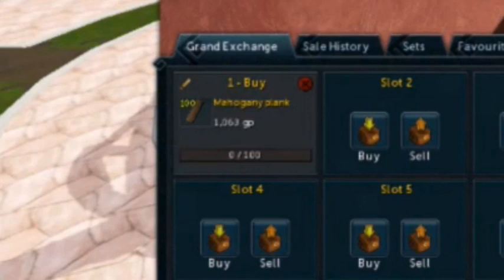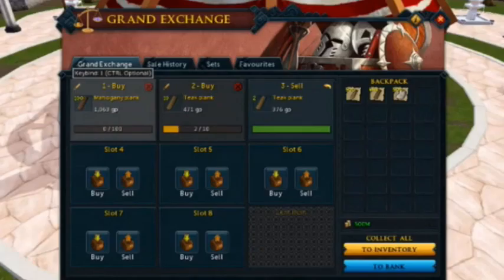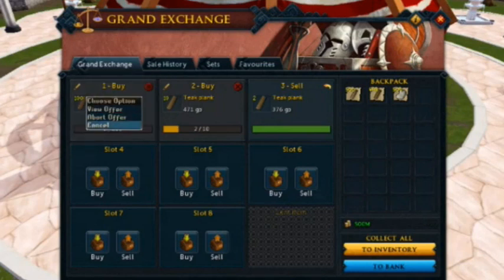Moving back to the main GE overlay window, we see that progress bars will now show the exact amount that is already bought or sold on your current offers. There is a left click at the top right of the screen which now acts as an abort. Currently, you can just right click to abort offers, and that will still work with this release, but there's another